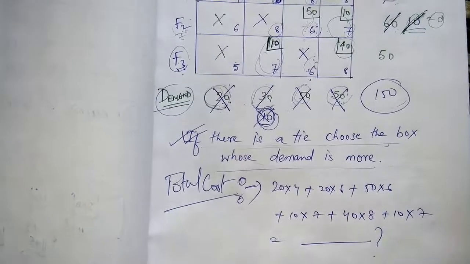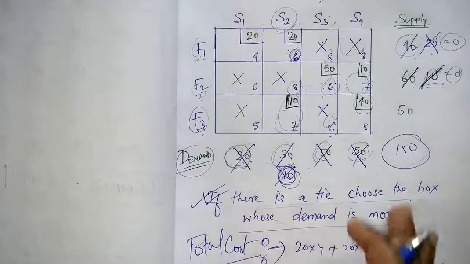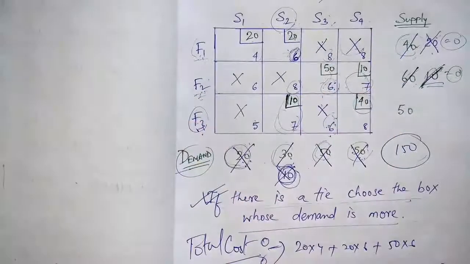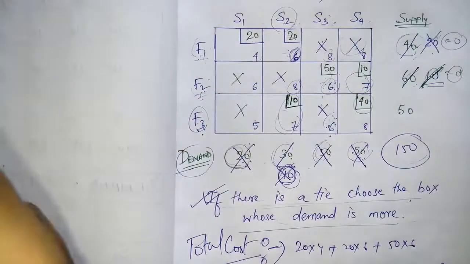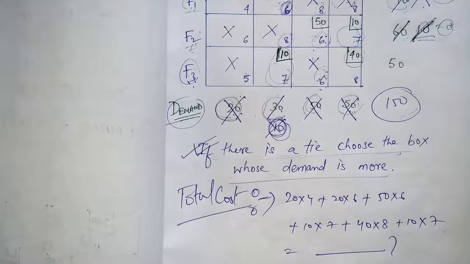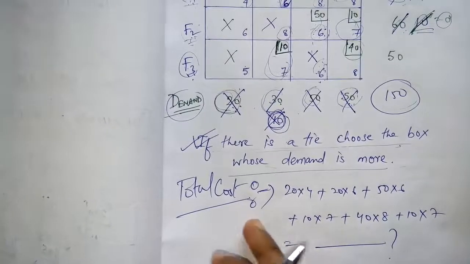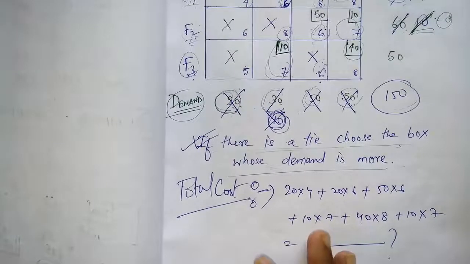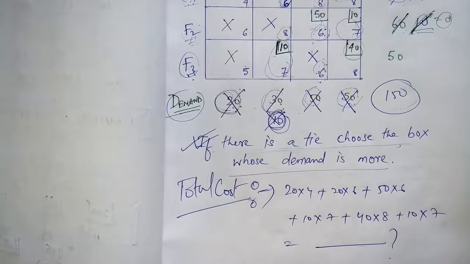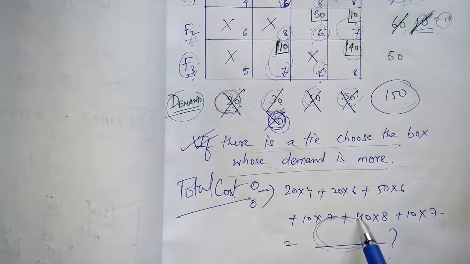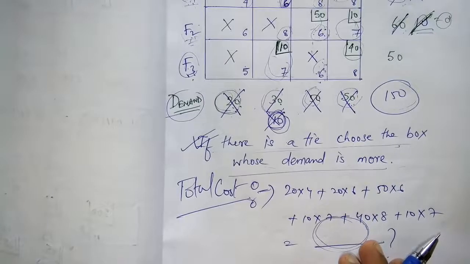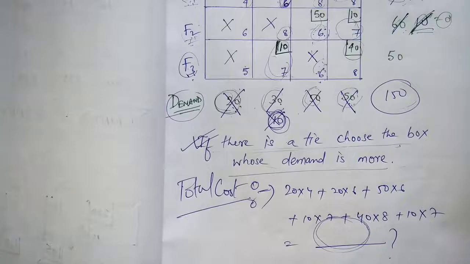Now I'm telling you one very interesting thing: you can solve the same problem with the northwest corner method also. Okay, this problem you can solve with the northwest corner method, and then after solving you tally both the answers you get from the northwest corner method and the least cost method. Okay, you will of course see that the value you get from the least cost method is less than the northwest corner method.